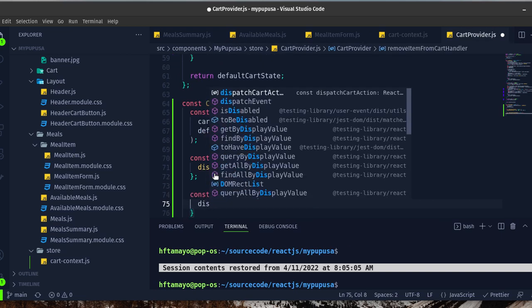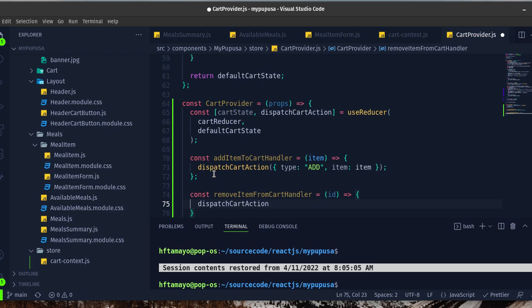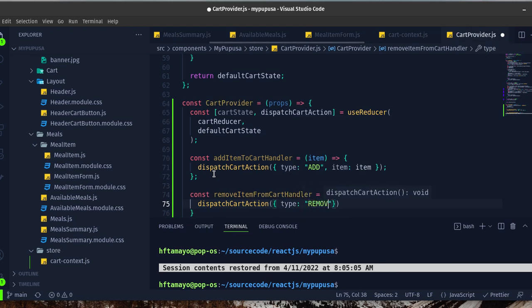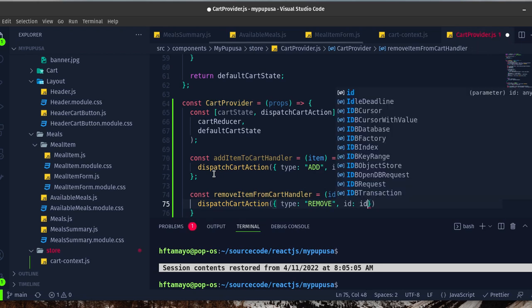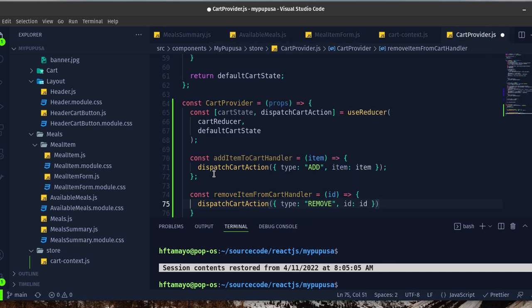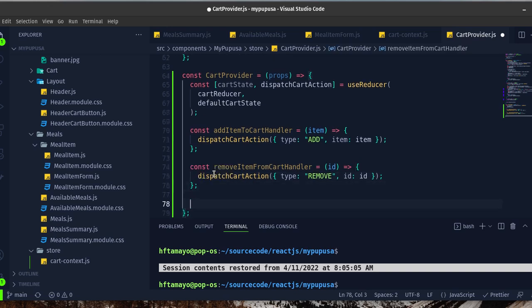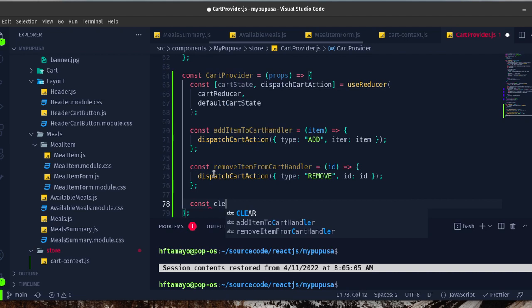All right, and then we need to use another type of card actions, and this time the name will be remove and this prop and the ID prop. And finally we need to clear the card handler,